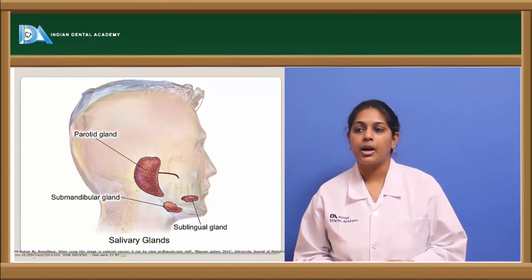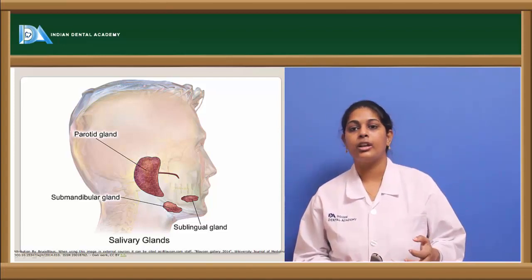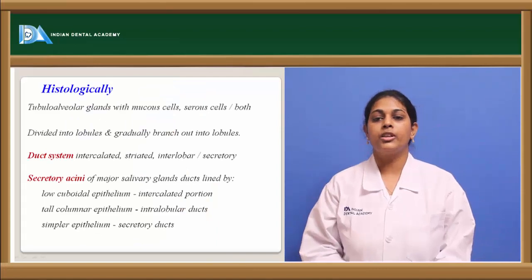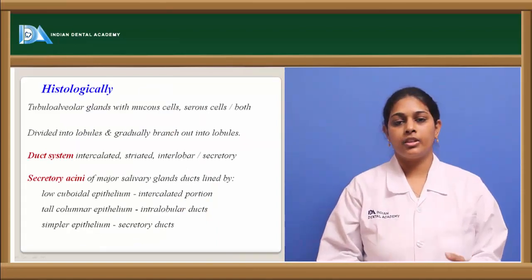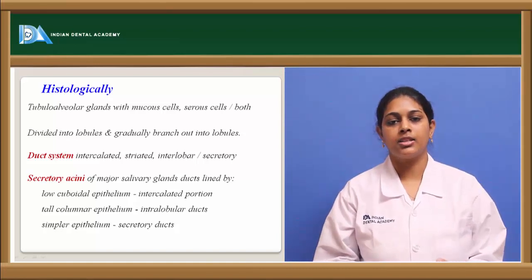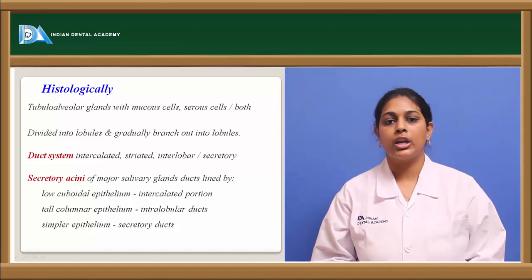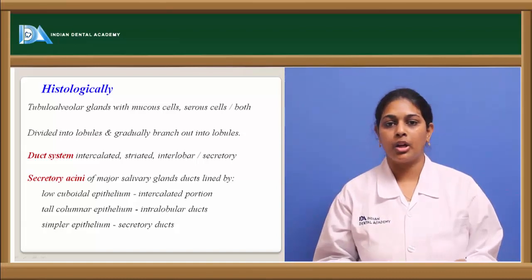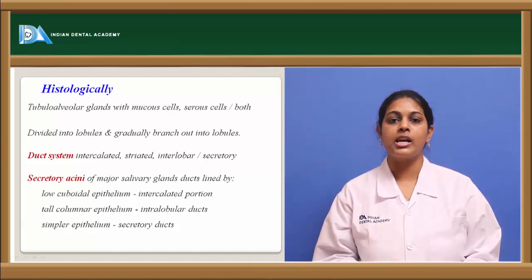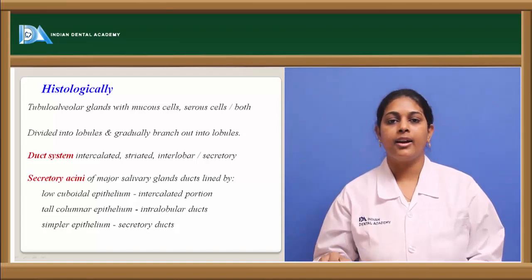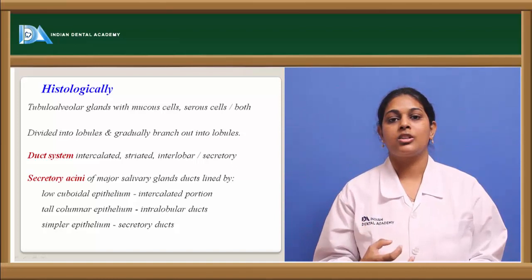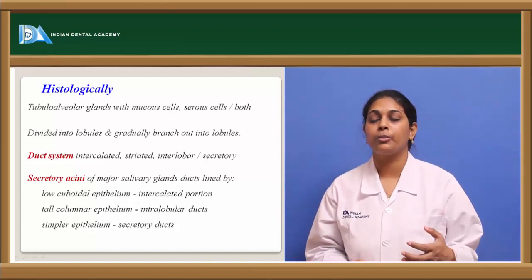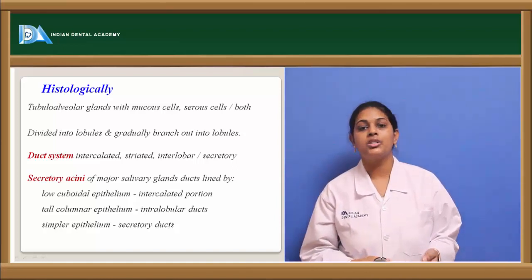And then coming to the sublingual gland, usually present below the tongue and above the lower jaw. Coming to the histological features, the salivary glands usually occur in a characteristic arrangement of tubulo-alveolar glands, that is in the form of tubules, as well as in an alveoli-like pattern, that is in the form of small cells which branch out in the form of a cluster of grapes. So it is known as tubulo-alveolar glands, which